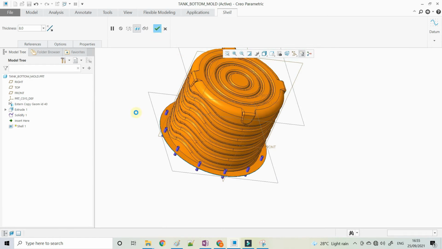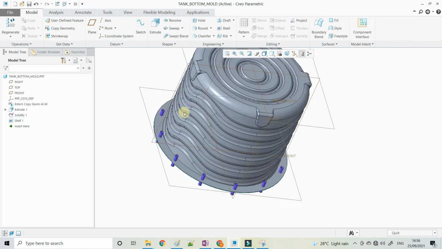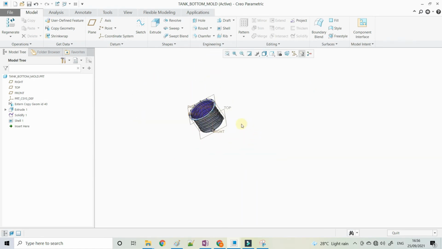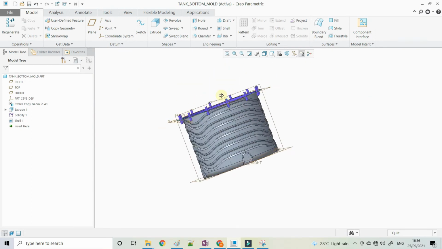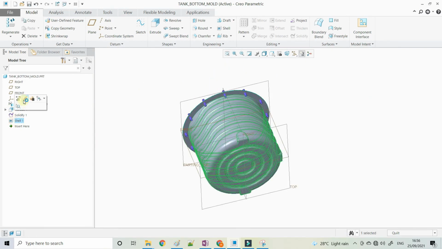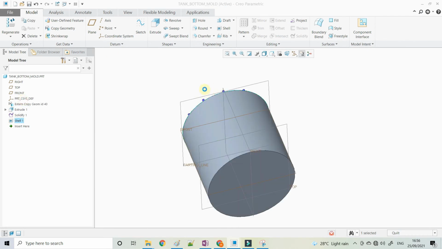Say OK. Now edit definition, shell command.